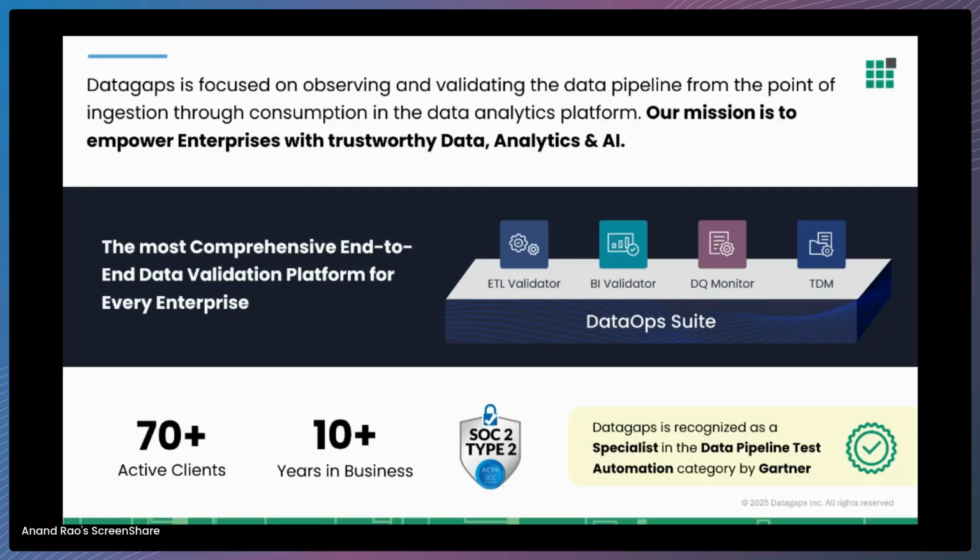Our DataOps suite consists of multiple products that can be purchased individually or as a bundle at a discounted rate. The suite can be deployed on-premise or in the cloud, so securely behind your firewalls, ensuring we never access your data. The DataOps suite has a web interface. It's built on Apache Spark, making it highly scalable. Many of our customers use it to efficiently compare billions of rows of data, ensuring optimal performance and reliability in